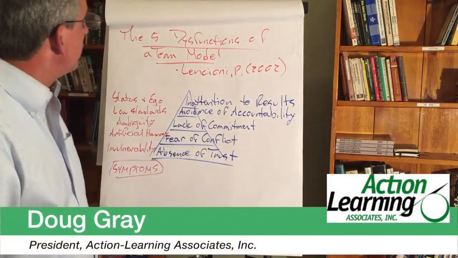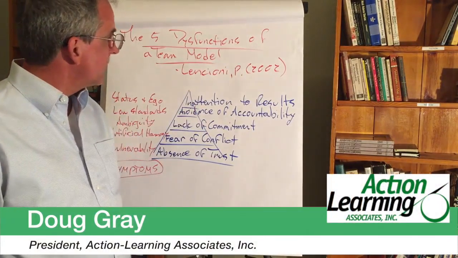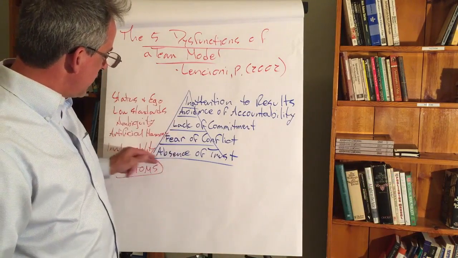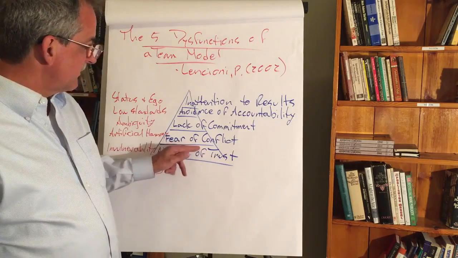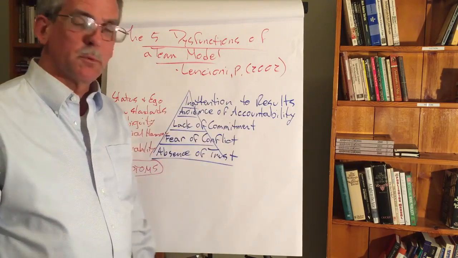What I thought I'd do is review the 5 dysfunctions of a team model by Lencioni very quickly, and then apply it. So we'll see where this goes. This model is familiar to a lot of people, certainly very popular, it's prevalent, it's been adopted by lots of folks. The idea of absence of trust, fear of conflict, lack of commitment, avoidance of accountability, and inattention to results